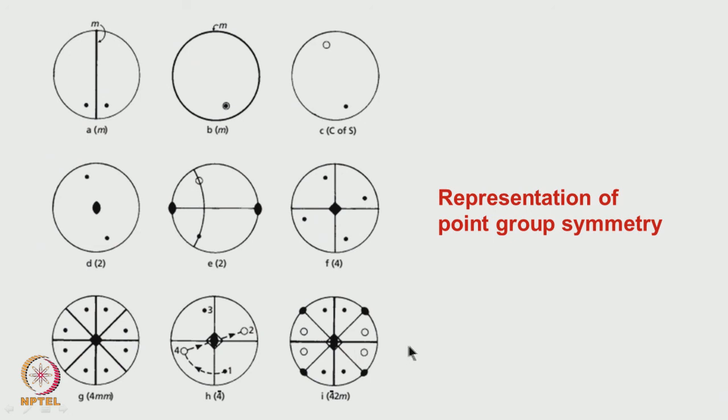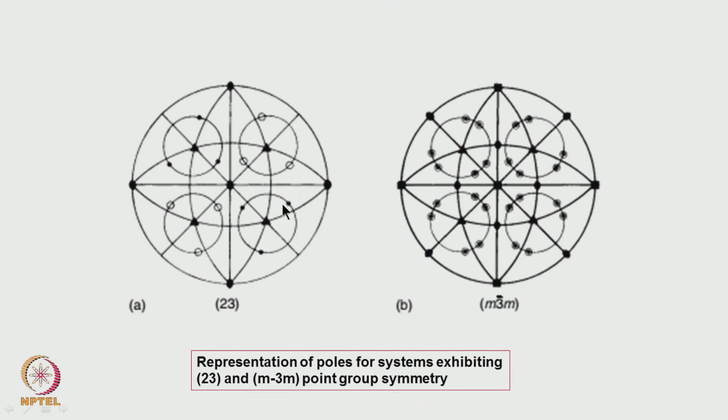Similarly, various other symmetry operations are seen, and this is how the various point group symmetries are represented on a stereographic projection. In fact, here if you look at it, this particular point for a cubic system, whether it is 2, 3, or here if you see it, 1 1 1 has a 3-fold symmetry. These are the 3 points which are going to lie, and they make an angle which is equidistant from this one. That is the locus of a circle which has to be drawn on this, and we learned in the last class how to draw the locus of a circle.